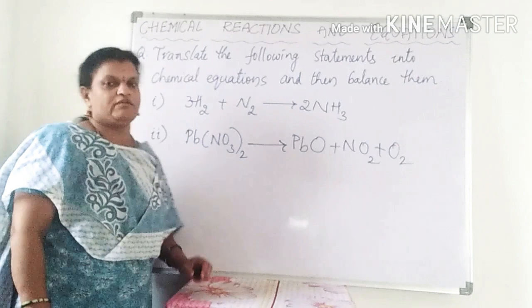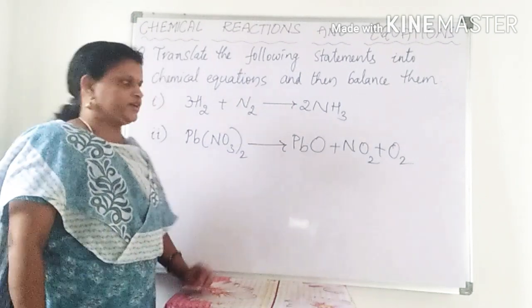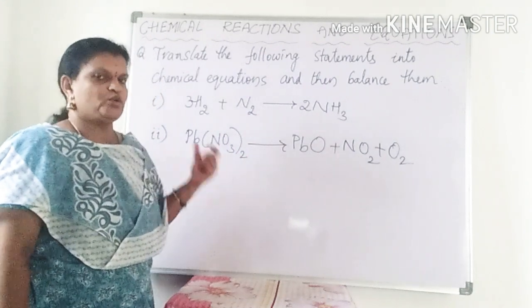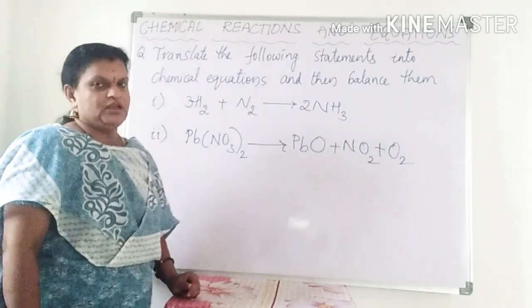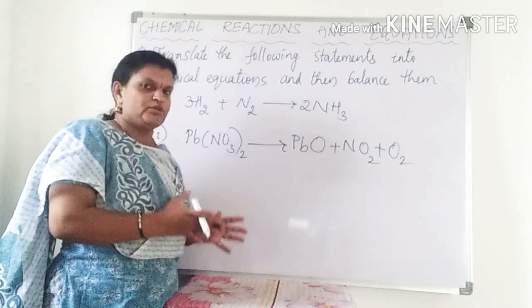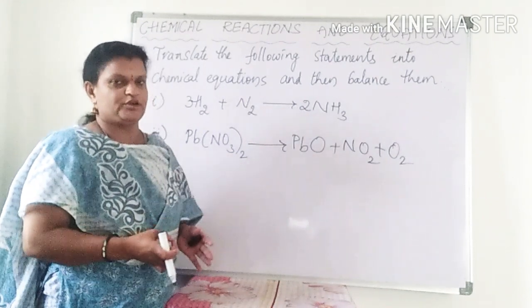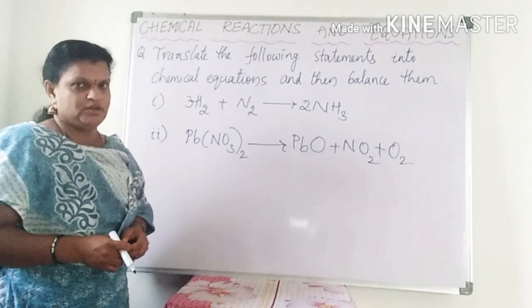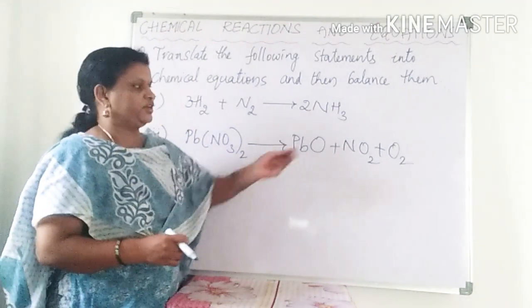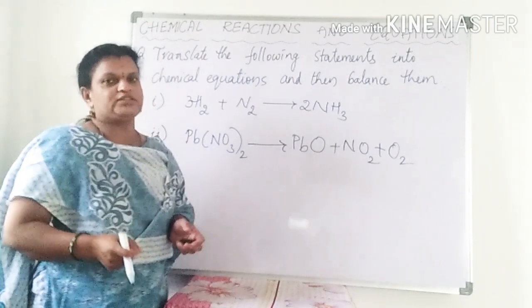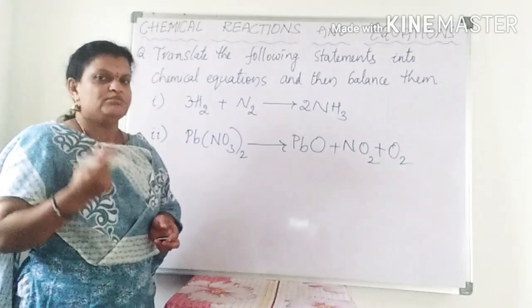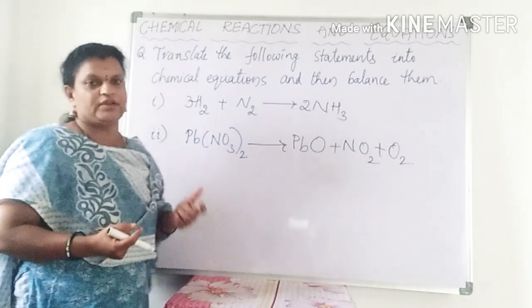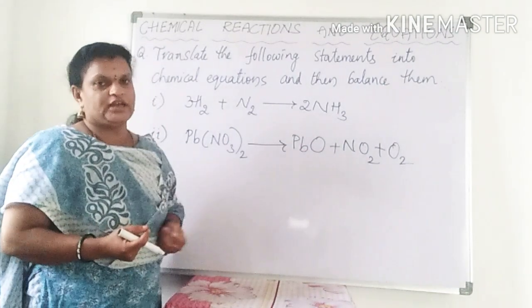This activity we have done in our chemistry practicals. Lead nitrate we take in a boiling test tube. Whenever we heat it, two types of gases are produced. We are unable to see one gas, but we are able to see one gas, a colored gas. That is nothing but NO2, reddish brown colored gas. Brown fumes are produced here. One more gas, how can we identify? Take a burning splinter and put it near the test tube. It will burn more brightly. By that we can identify that oxygen gas is produced.